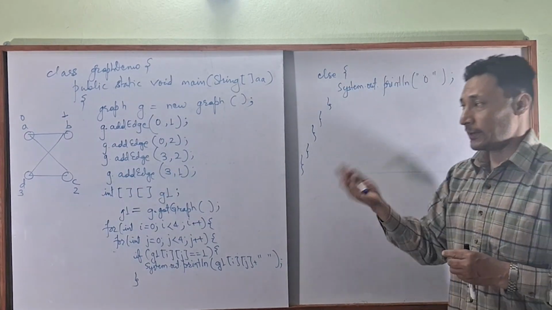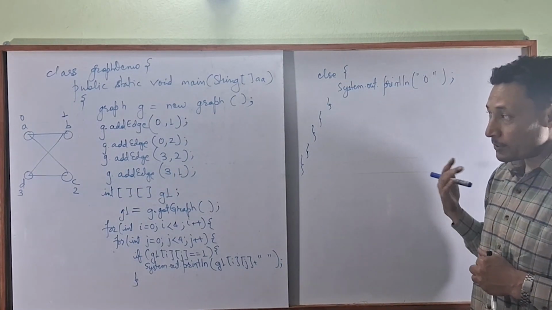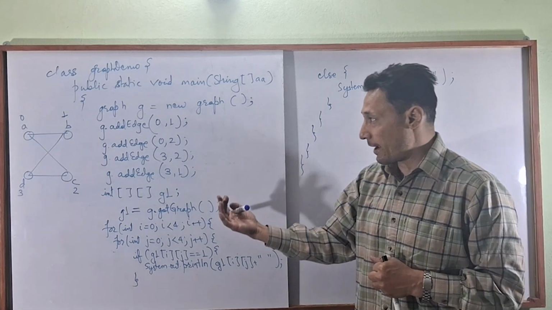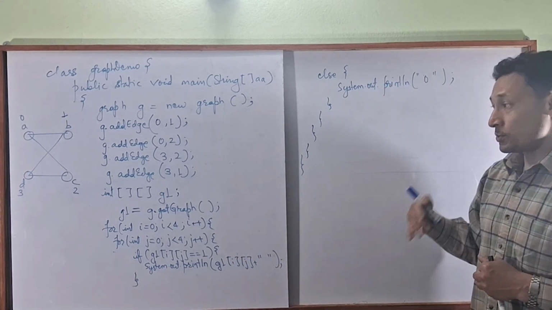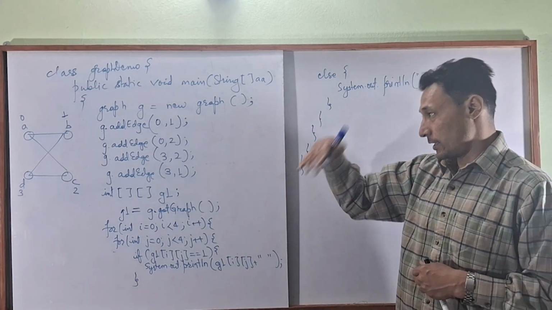Okay, so this is a very simple logic to represent the graph using a two-dimensional array and using this object in which this